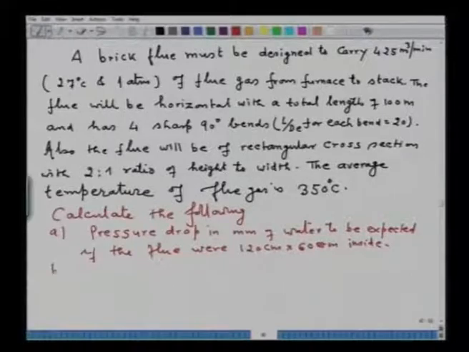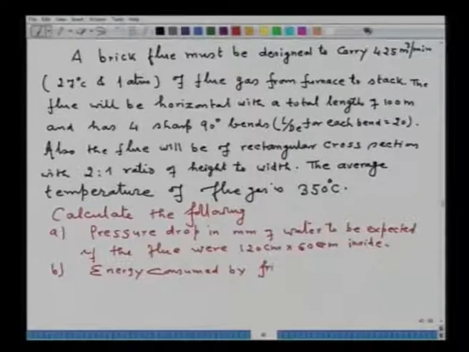B, energy consumed by friction. Energy consumed by friction. That is also you have to calculate. C, you have to calculate, say what would be